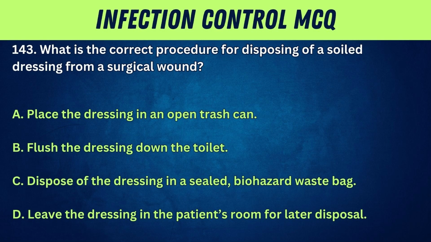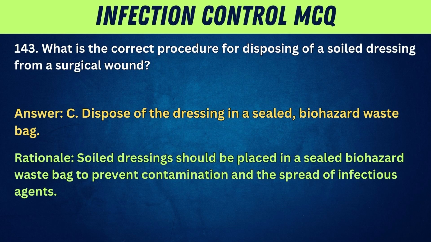143. What is the correct procedure for disposing of a soiled dressing from a surgical wound? A. Place the dressing in an open trash can. B. Flush the dressing down the toilet. C. Dispose of the dressing in a sealed, biohazard waste bag. D. Leave the dressing in the patient's room for later disposal. Answer: C. Dispose of the dressing in a sealed, biohazard waste bag. Rationale: soiled dressings should be placed in a sealed biohazard waste bag to prevent contamination and the spread of infectious